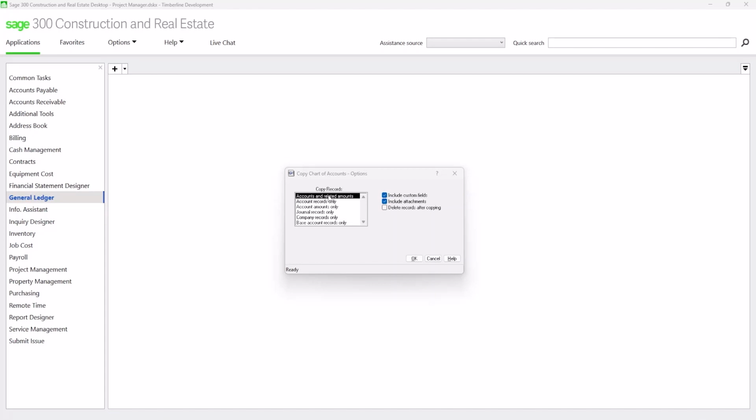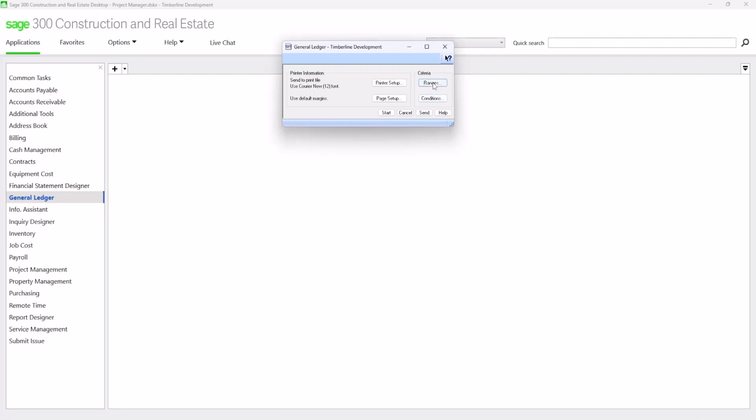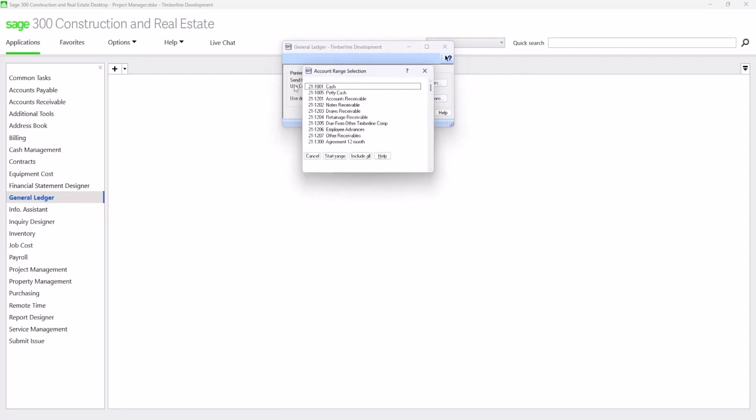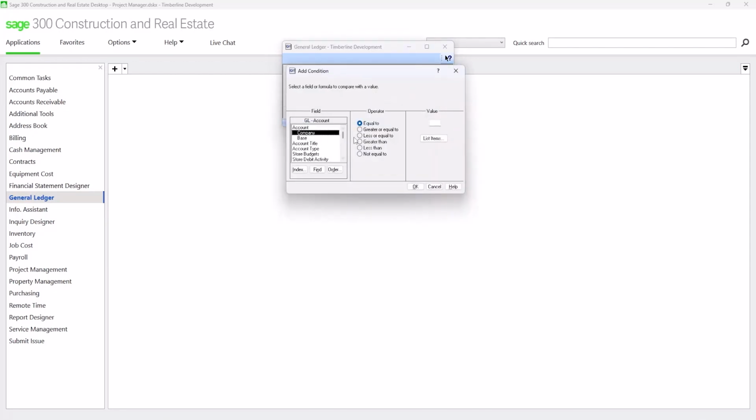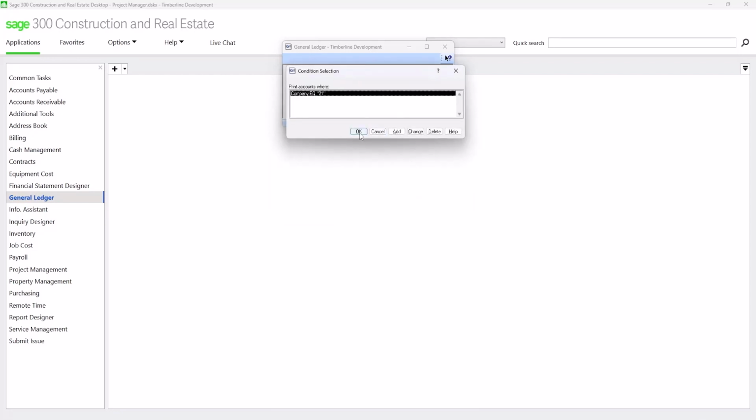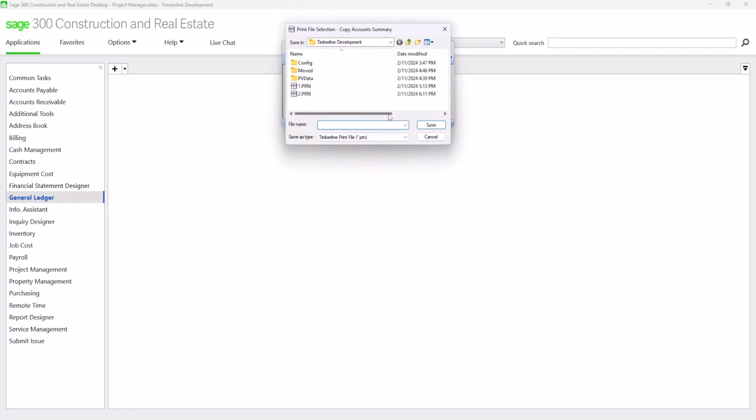Now I'm copying accounts and related amounts. Say OK. In this case, the only company that I have in data folder Timberline Development is Company 21. For the sake of consistency, I suggest that we still click on Conditions, Company equal 21. OK, and click on Start.